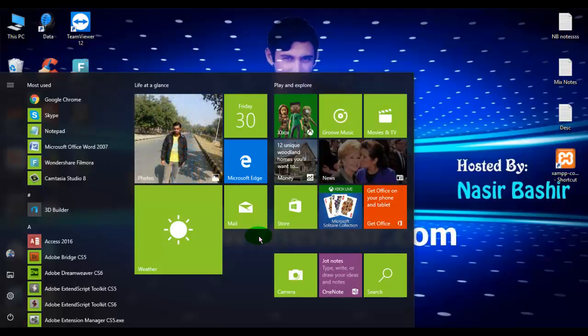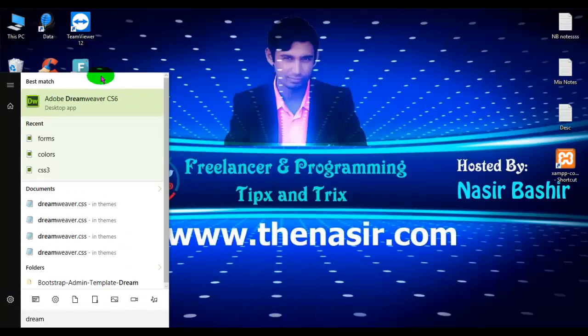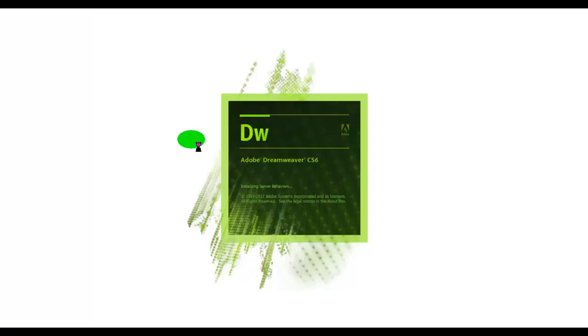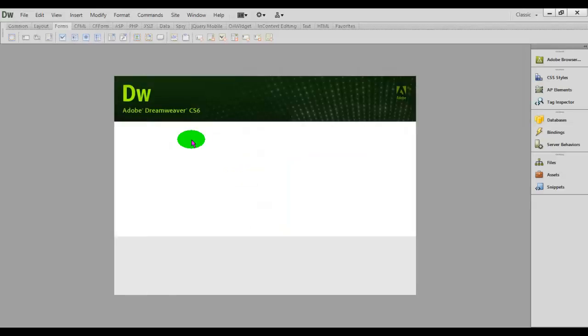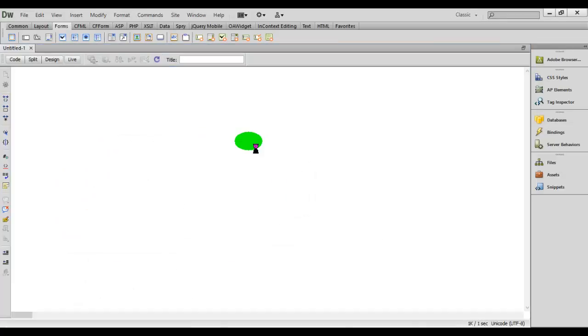Now open Dreamweaver so that we can write the code and explain more. Now it's open, take an HTML document.